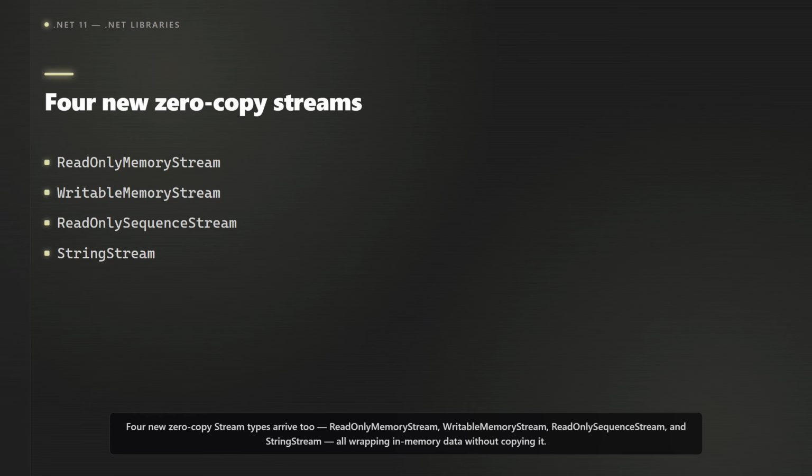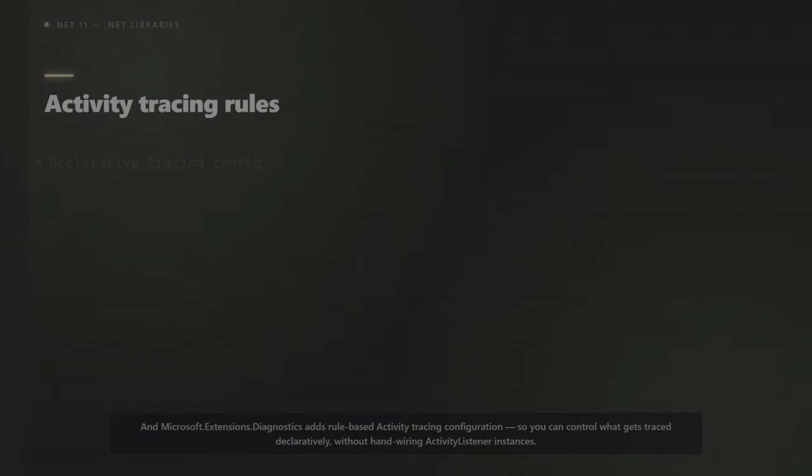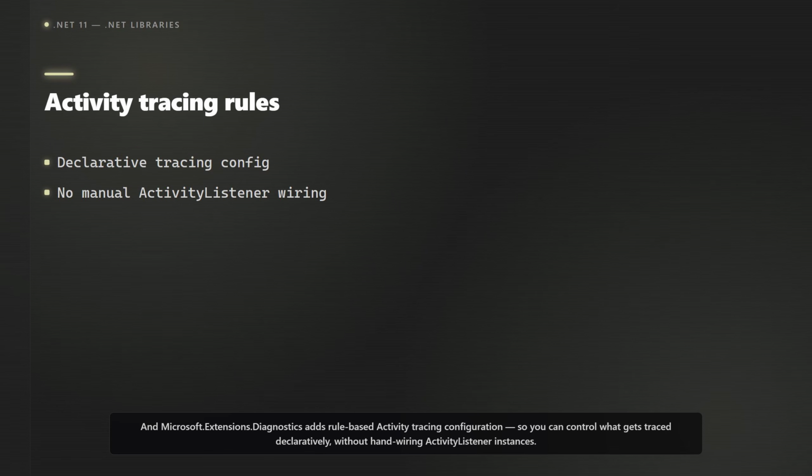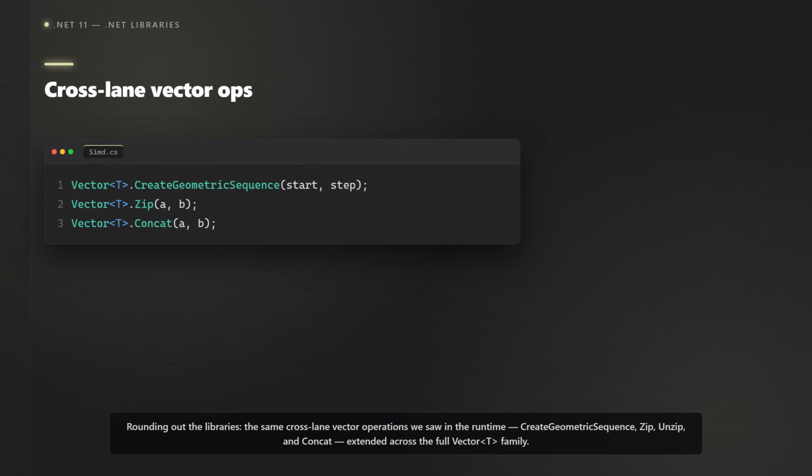Validation goes async. System.ComponentModel.DataAnnotations adds async validation attribute, IAsyncValidatableObject, and new Validator.ValidateObjectAsync methods. And Microsoft.Extensions.Diagnostics adds rule-based activity tracing configuration, so you can control what gets traced declaratively without hand-wiring activity listener instances,